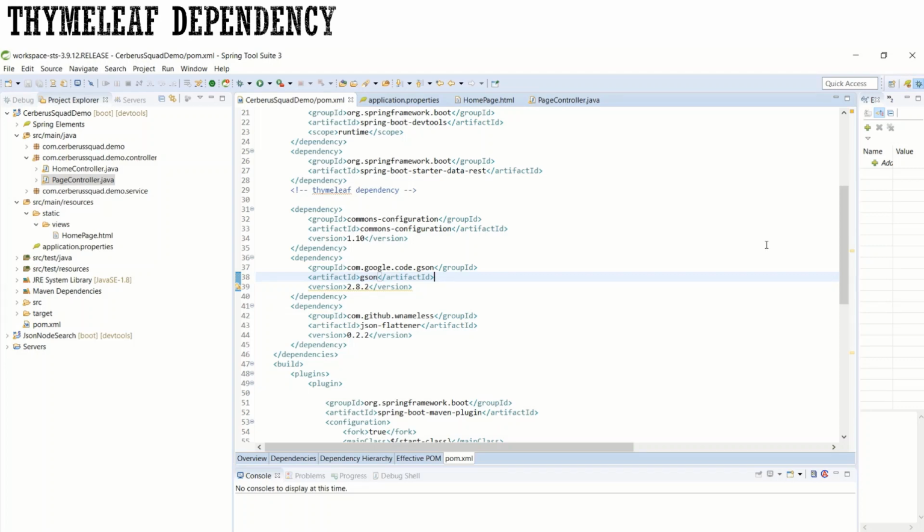Now let's go to the Spring Boot coding part and see how we can add those requirements inside the Spring Boot code. The first point we discussed is the Thymeleaf dependency. Let's add it now.